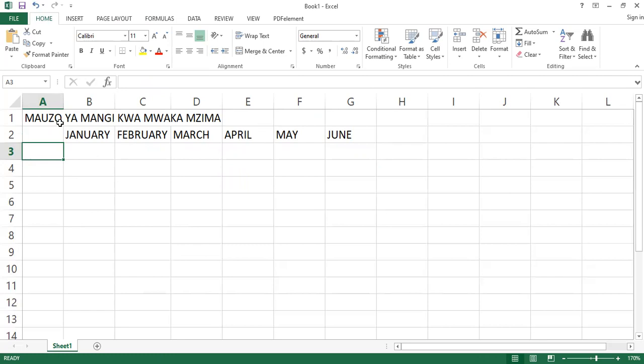So in this document, I will be showing you how Mr. Mank is selling his goods. He can prepare his Excel sheet and know how things are being sold in his shop. So there are things he is selling, for example, salt here, go down here, sugar. You can just click here and say cooking oil, just to see oil, soap,